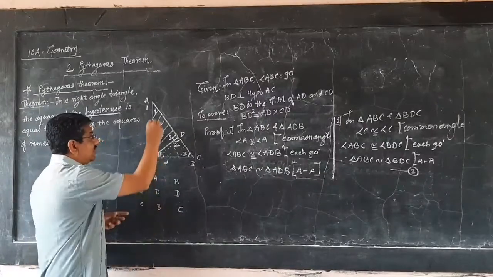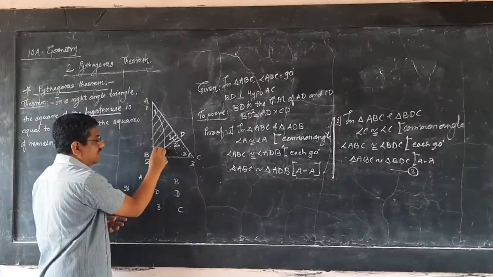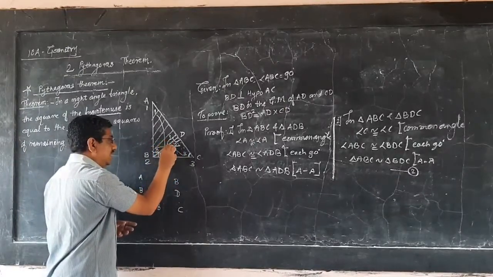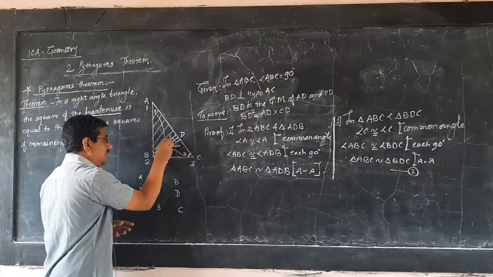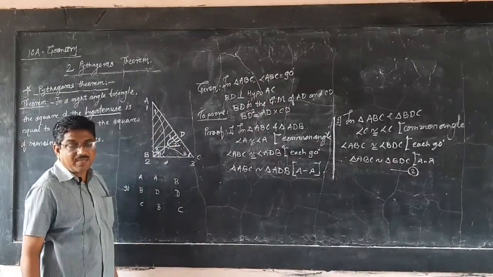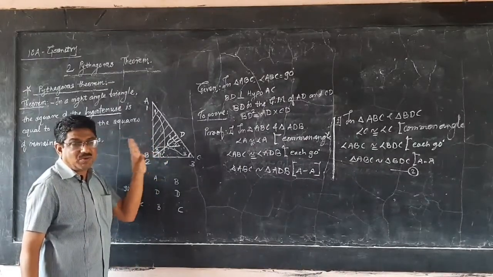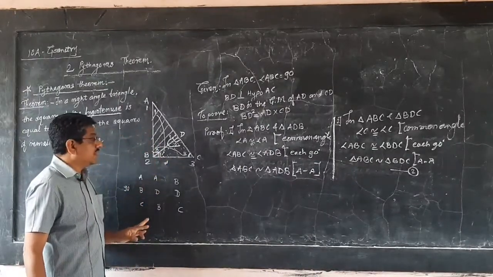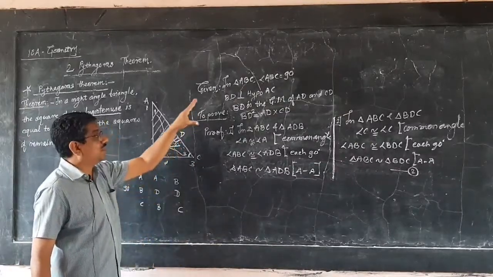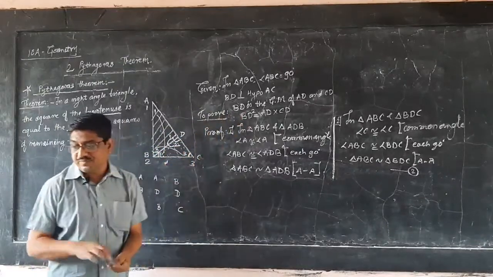Like this you can remember. This first is congruent to this first, this third is congruent to this third, and this C is number 2, and both are right angles. You can use such a design and remember the correspondence. Then with the same technique, only what is to be proved will change.